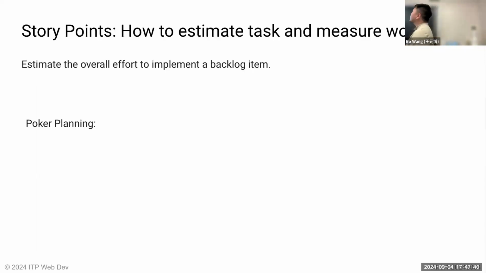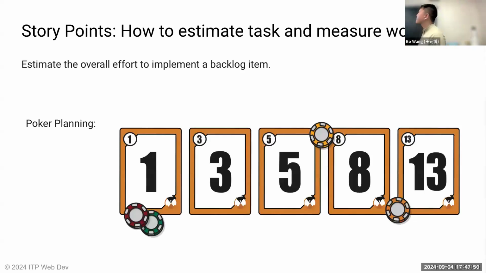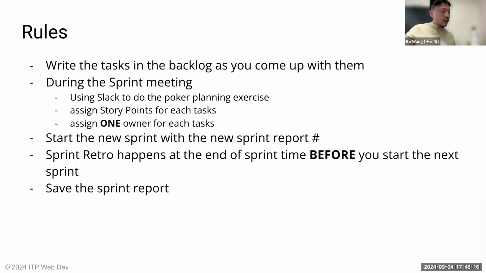So, story points: how to estimate a task and measure a workload. The points are an abstract number. We can use the Fibonacci numbers just to begin with: 1, 3, 5, 8, up to 13. And we group tasks into groups, right? So we'll talk about one task and we'll assign a point to it. Right, so for example,